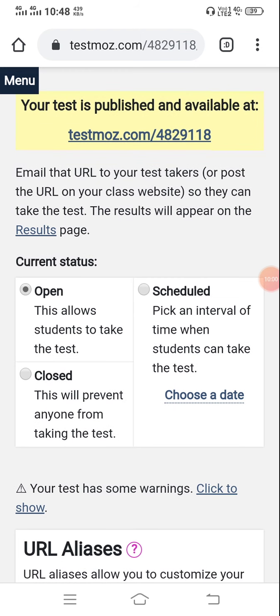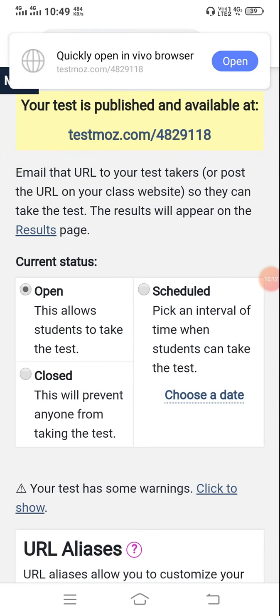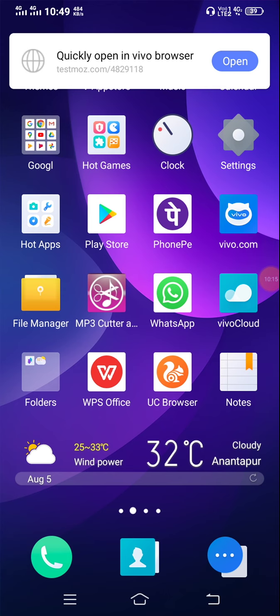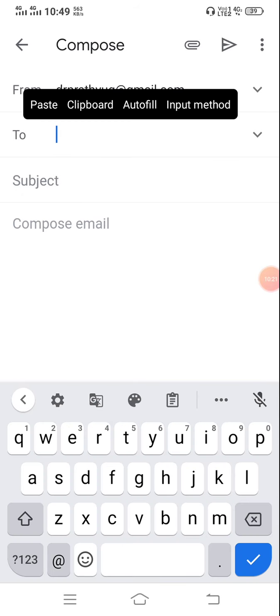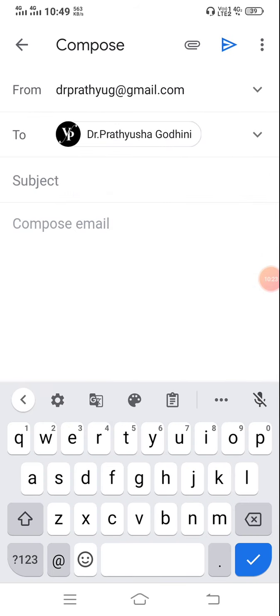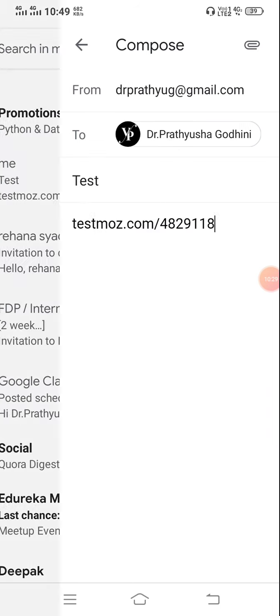Some code will exist at testmoz.com. Just click on that code, press that code, copy link test. You copy that link and go to mail, compose. For myself only, I am giving subject test, paste, send.